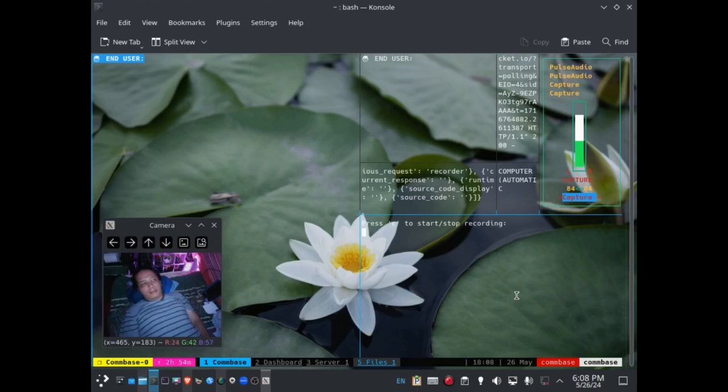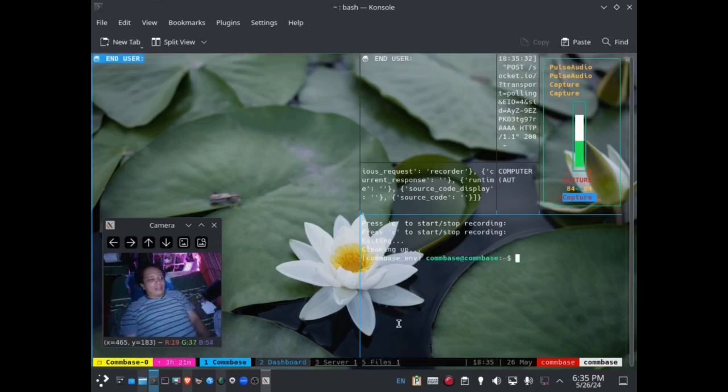And there it is. Now, as you can see, Combase is terminal based, but you can create your own UIs for it. It is originally like this because you can use it in things that don't have a graphical interface.